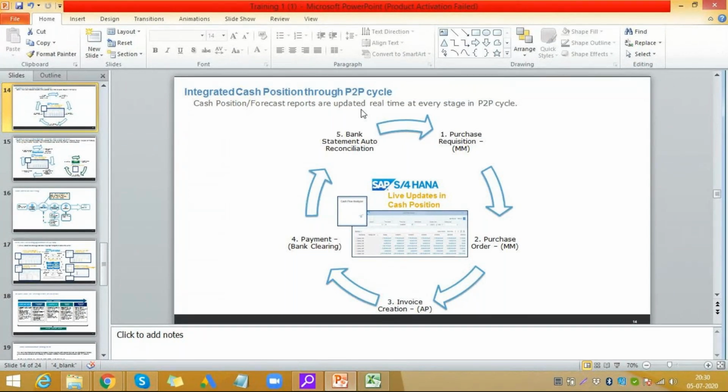Basically, whenever the system creates something, there is a certainty level and a flow type assigned to it. When you activate that, there is a separate activation needed for your sales and purchase orders. Activation means just a tick. It's not a big activation process. When you tick that, the system picks all the data from that particular module and shows it in your cash forecast or cash position reports. So it's not something that needs a lot of effort in cash management. It's a simple process. And bank account management is a separate thing.